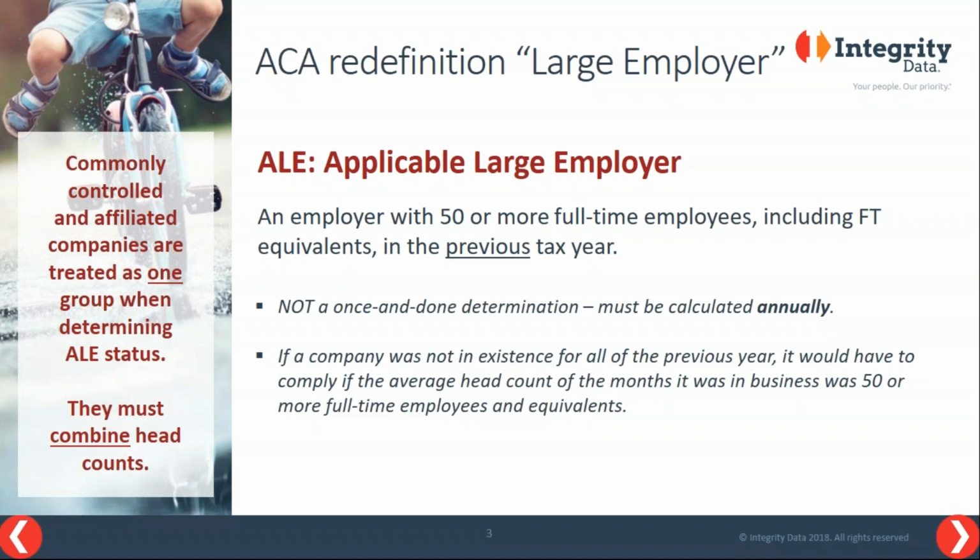The law was written to deter employers from splitting a company into separate entities in order to avoid offering health insurance. Therefore, you will also have to look at the IRS rules for controlled and affiliated groups when determining ALE status. These rules are complex and sometimes confusing. Confusion stems from the fact that if you fall into this group, your corporate tax returns may be filed individually. If you have any doubts, we recommend seeking advice from an accountant or an ERISA attorney.